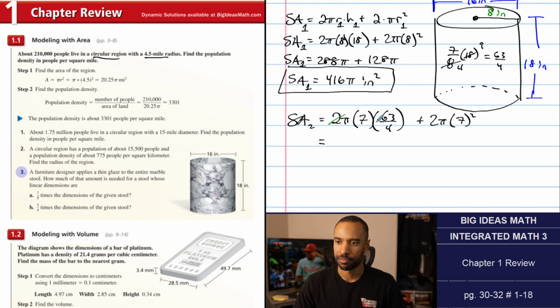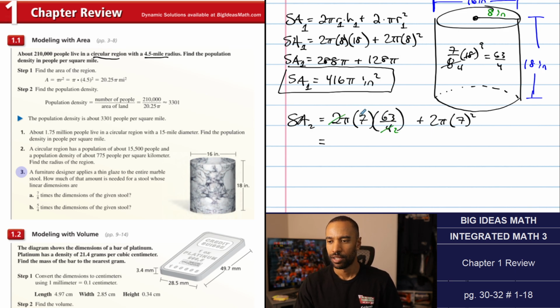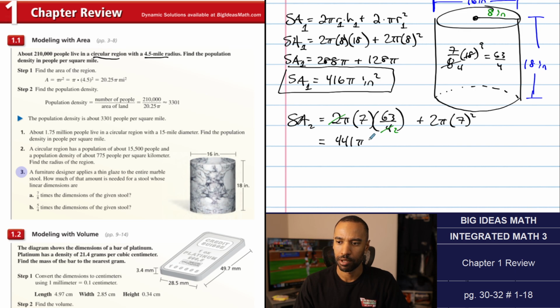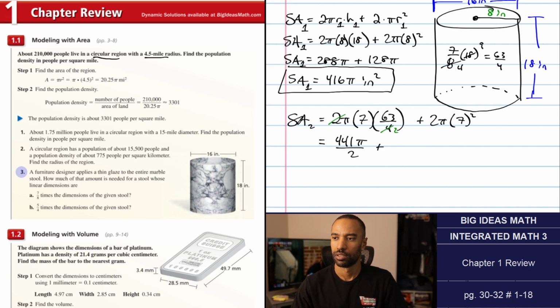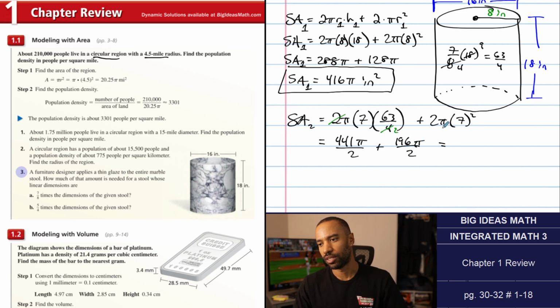2/4 is 1/2. So we have that. And now we just got to do 7 times 63, which is 441. So we get 441 pi over 2. And then 7 squared is 49 times 2 is 98. So that's 98 pi. 98 pi is also 196 pi over 2. Hold on. 196 pi over 2. And so ultimately, when you add those two together, you get